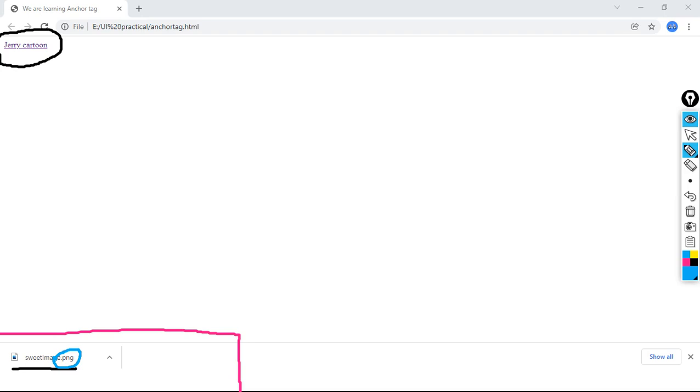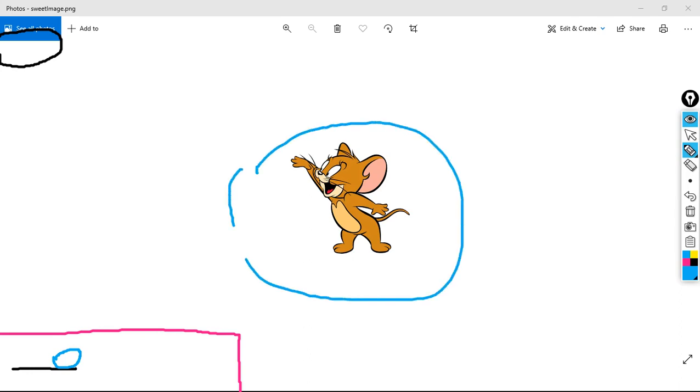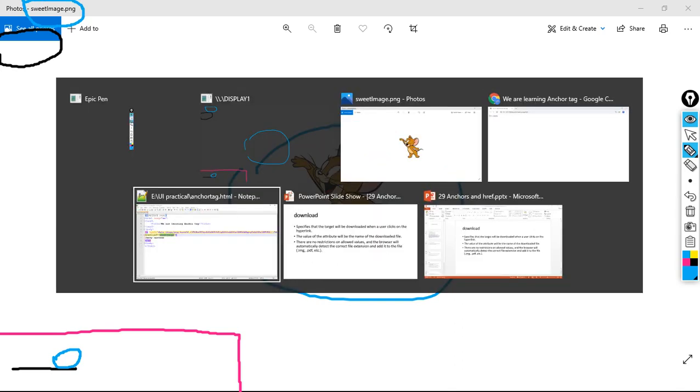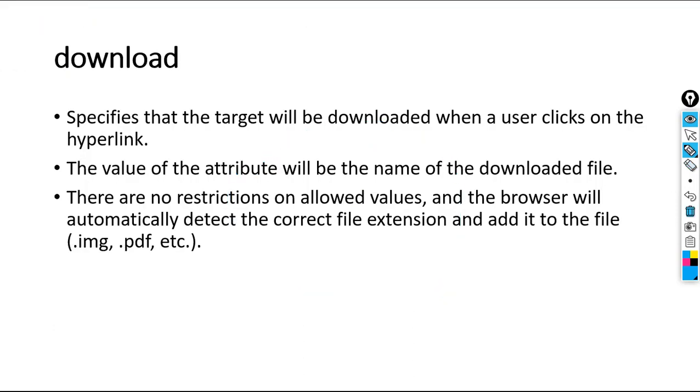Okay, so let's verify whether really we have downloaded that image or not. Open. Observe, we have downloaded this particular image from our link. Understood? See here, sweet image.png. Understood? So this is the use of download attribute.